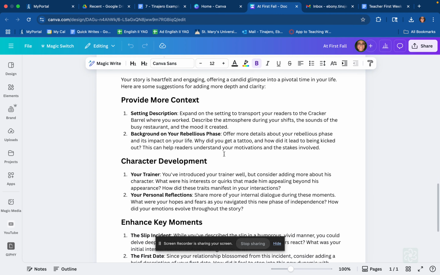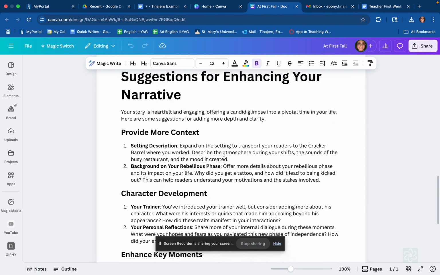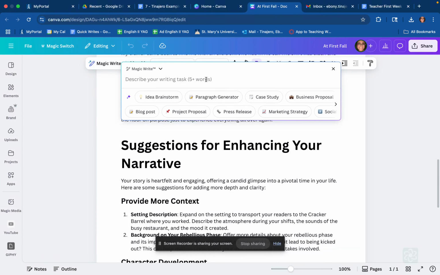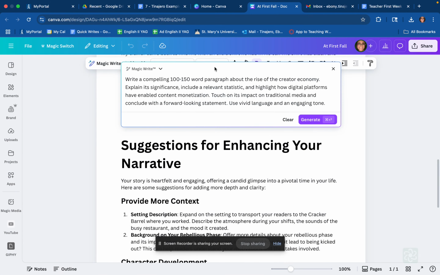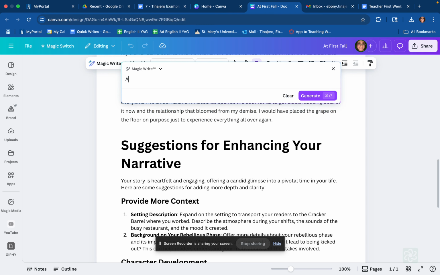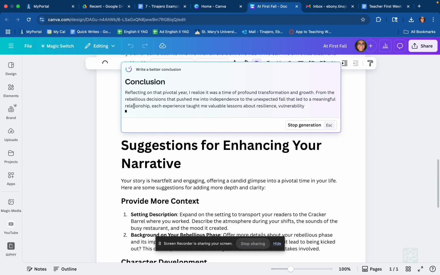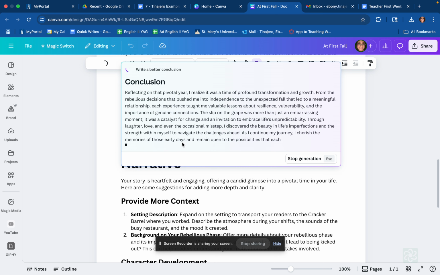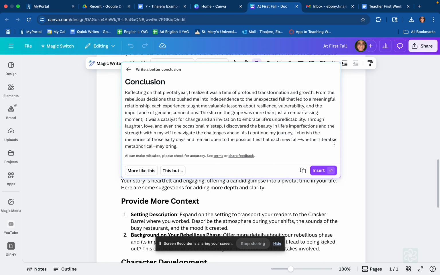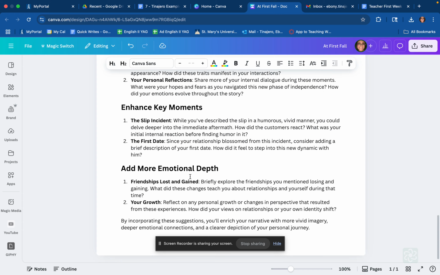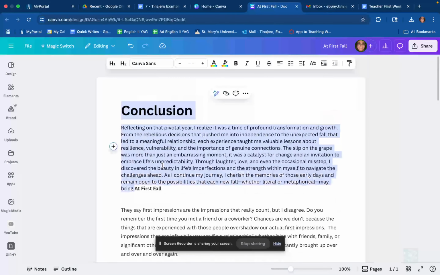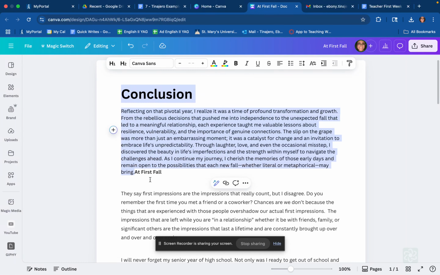So the cool thing about this is my kids could just insert this into their writing. Now, some people think that's cool. Some people think that it's not. I like it, and the reason I like it is because it keeps their own formatting. And even if they want to use some of the words that Canva used on here, they would still have to change it and make it their own. Because there's no way they're going to put, oh yeah, I slipped on a grape and then describe the atmosphere of your shifts. They're going to have to look at those pieces and add those ideas into there.